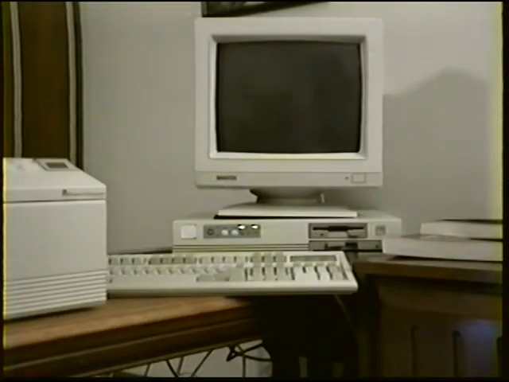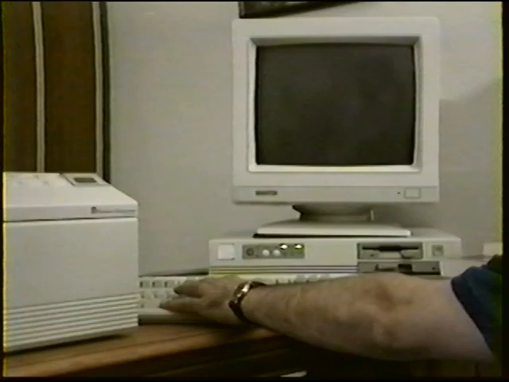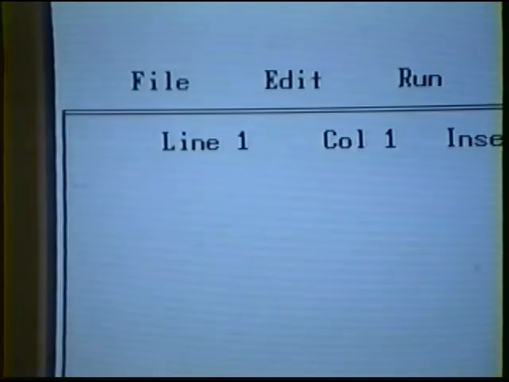Still, the only way to really learn how to program is to practice the craft. Smallest C and C++ programs. Let's begin by starting up an older Borland Turbo C compiler by typing the letters TC from the DOS